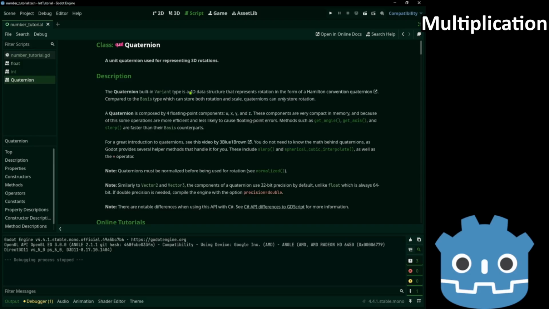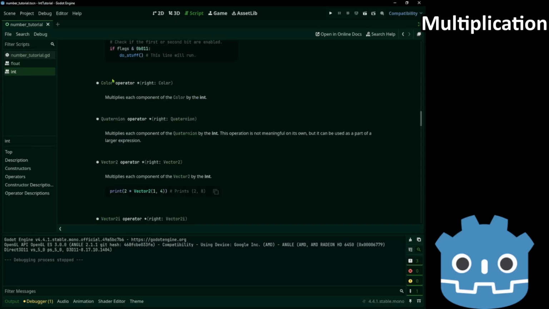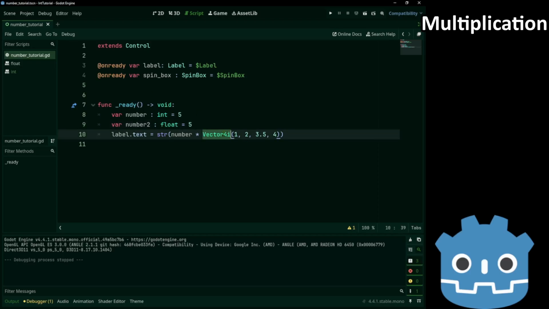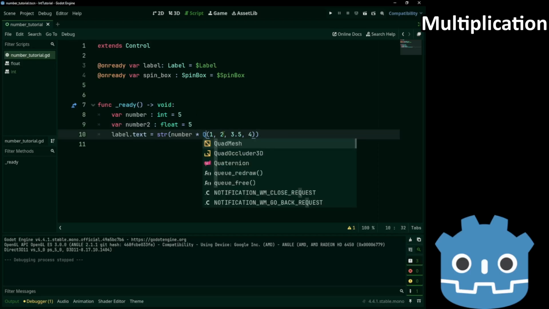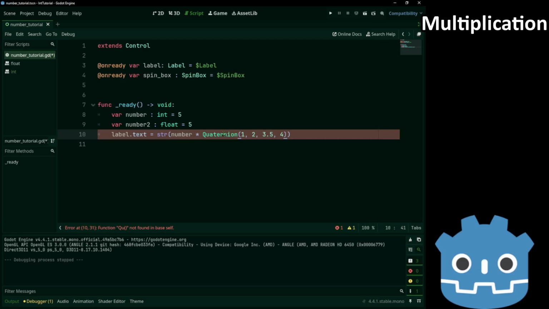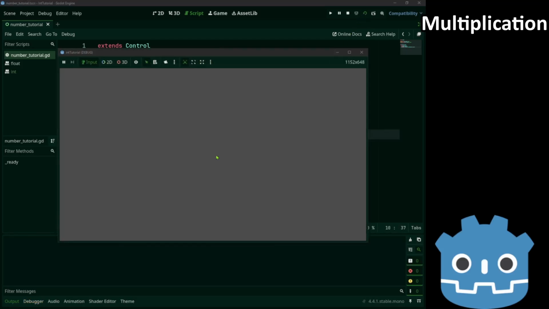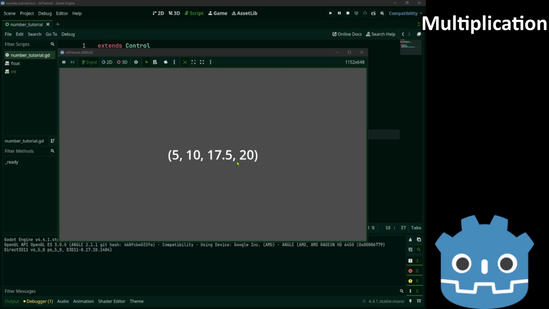We won't really get into details. Imagine it like a vector 4 for now. So multiply with quaternion. It multiplies separately again. One difference you may have noticed is that not all numbers have a decimal point now.